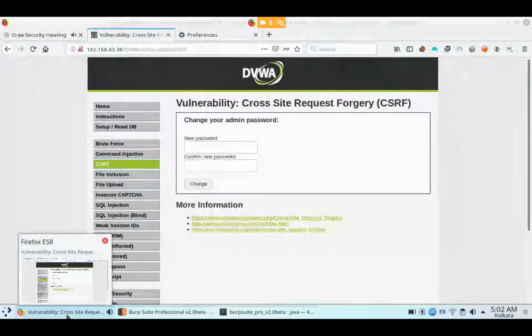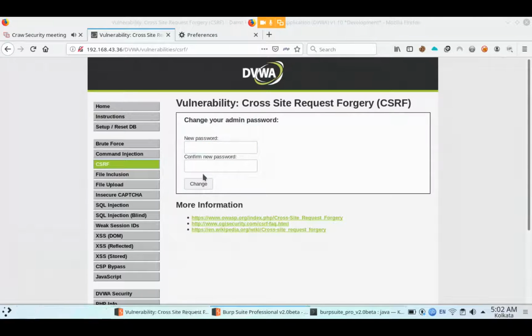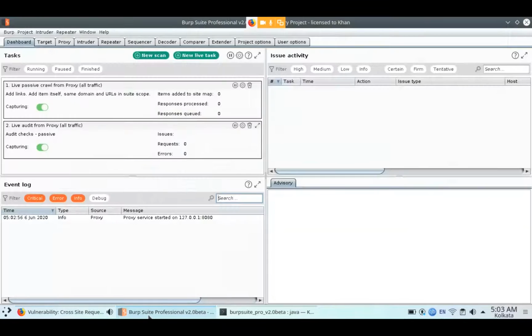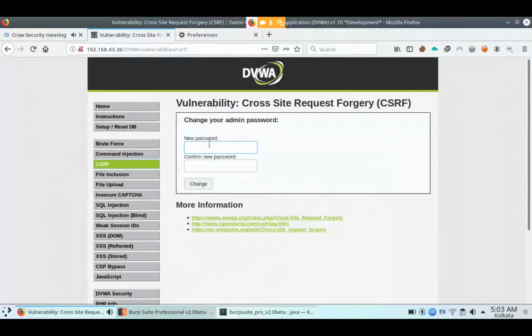Now it has opened. Now you don't know what the password is, and you want to change the password through a token. So you have to go here and go to the proxy. Intercept is off and on. You have to write the new password here. I am writing 123.